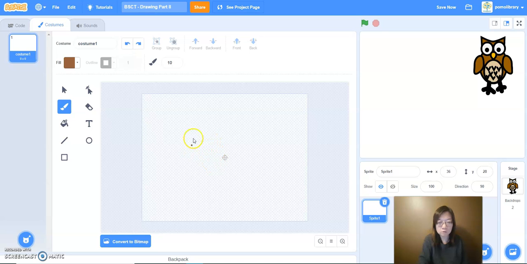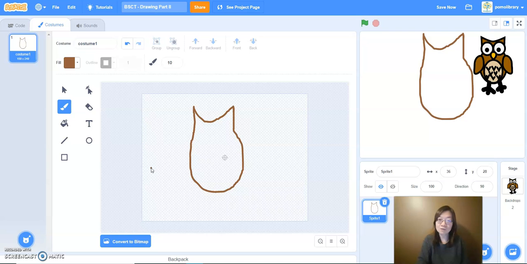Okay, so I'm going to try to draw it, and I'm just using the trackpad on my computer to try to draw this owl. Now, as we pointed out last week, when you're trying to use the brush tool and using a trackpad or a mouse, it doesn't look very smooth. You can see the lines are kind of jaggedy. It doesn't look very good, but it may be the style that you're going for. So with this out here, and then you can see, well, because the brush tool only does an outline, like